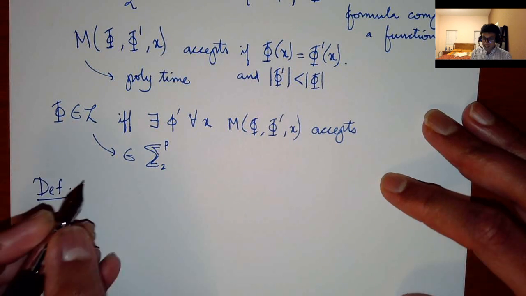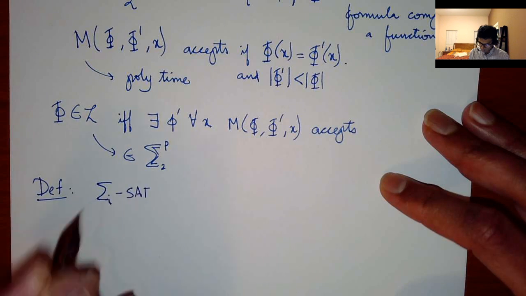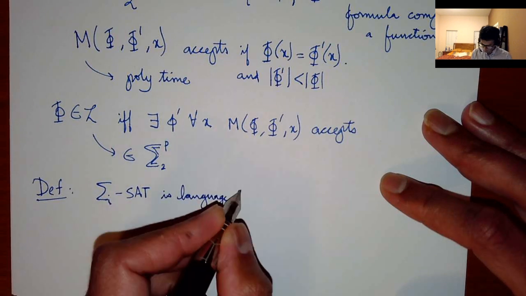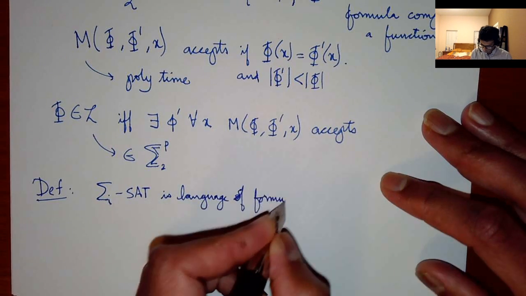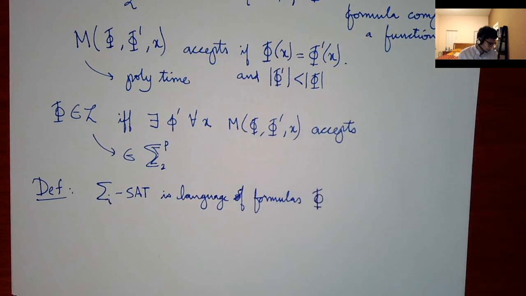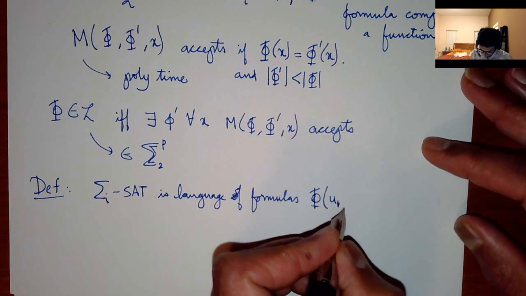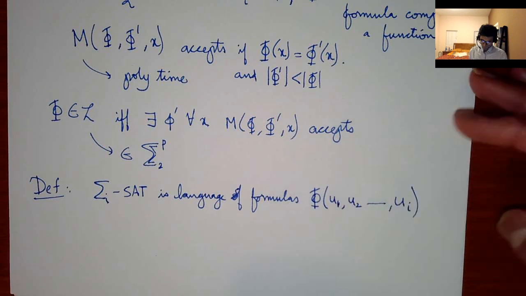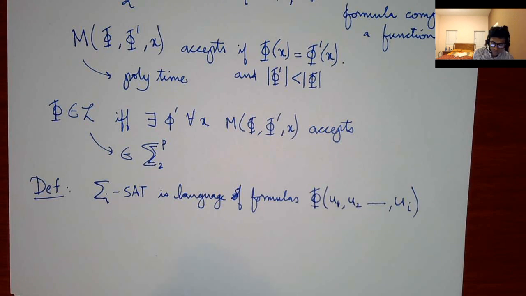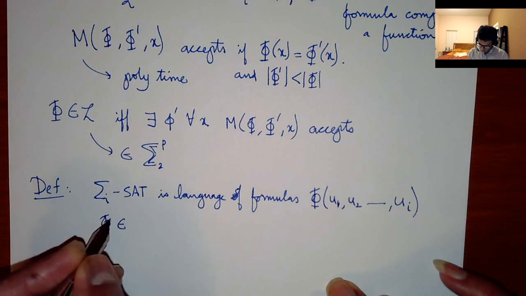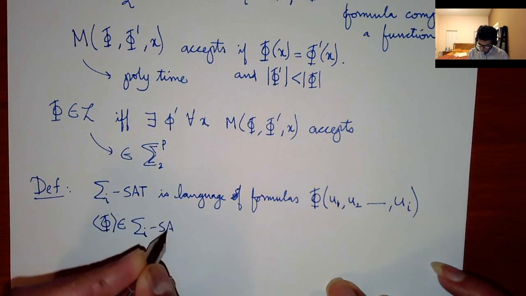So I'm going to define a language called sigma I SAT, a language of formulas phi, where phi is actually going to have u1, u2 up to ui, so I inputs, and we'll say that the encoding of phi is in sigma I SAT if